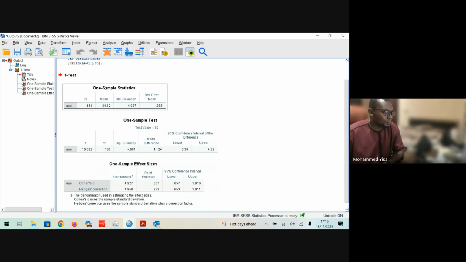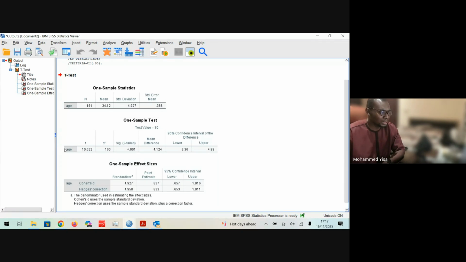So this one sample statistics table tells us that we have 161 observations in this data set that were considered for this analysis, and then the mean and standard deviation are given here, as well as the standard error of the mean. So in case you want to report the mean and standard deviation for age in this data set, you can also get it from here, although I'm sure you must have seen other ways of getting mean and standard deviation